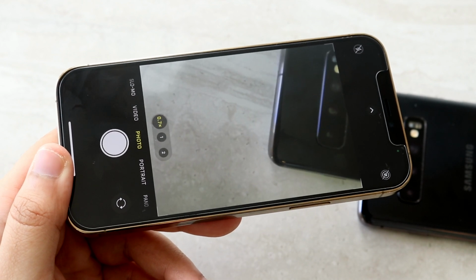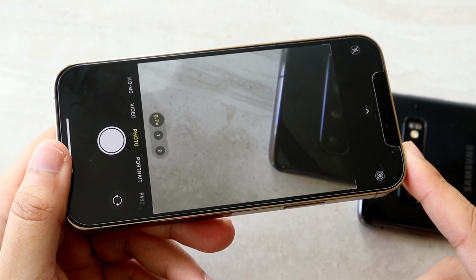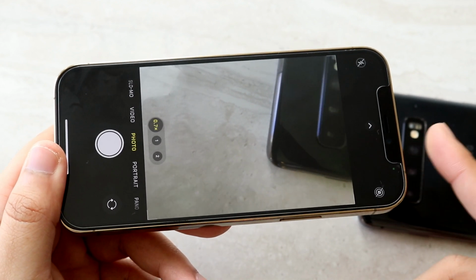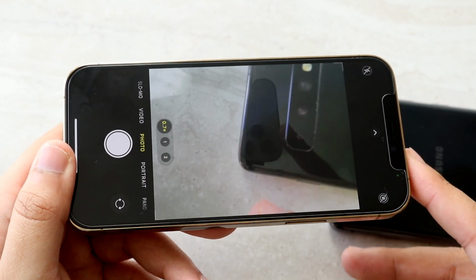And I felt the exact same way with that camera that I felt about this one. It's very good. I don't think there's a tremendous difference between those two. And I think for a majority of people out there, getting this type of camera is still extremely good, but maybe the Galaxy S10 may be a little bit better there, but I'll tell you guys in my full camera